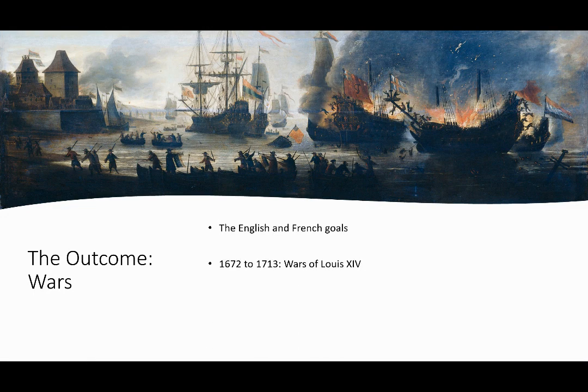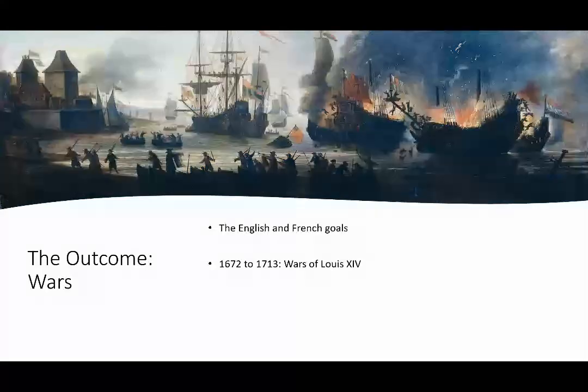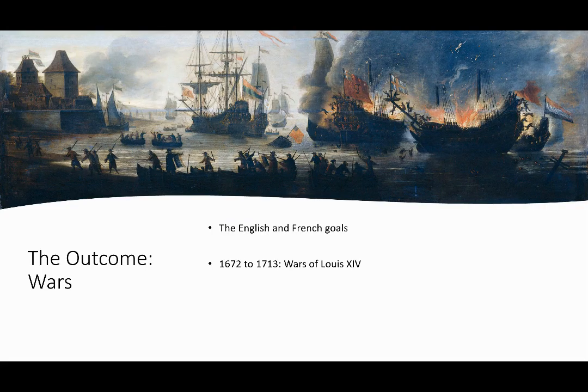By 1672 to 1713, we have a series of wars that's going to finalize our unit, right? And they're called the Wars of Louis XIV. From 1672 to 1713, there's a Dutch war with England, Wars of Louis XIV. So the Dutch are trying to fight a navy war, a maritime war. They're trying to fight an army war. They don't have the population. England is a large country. France is the largest country in Europe. What do you think happens? The Dutch become imperially and militarily overextended, and they were about to collapse.